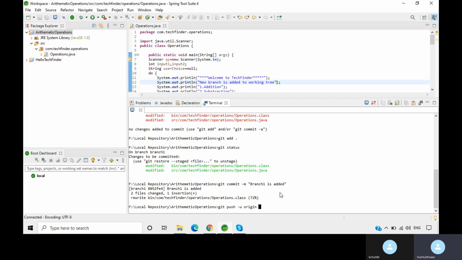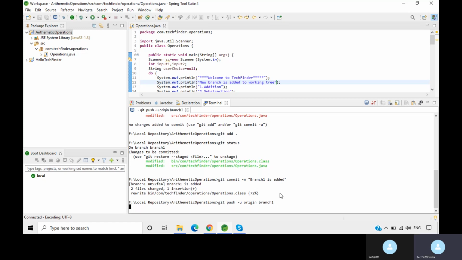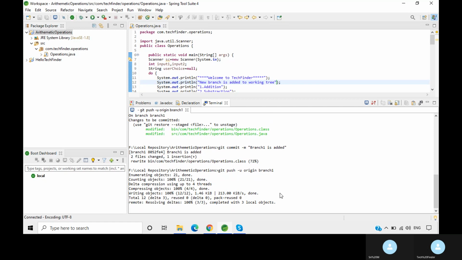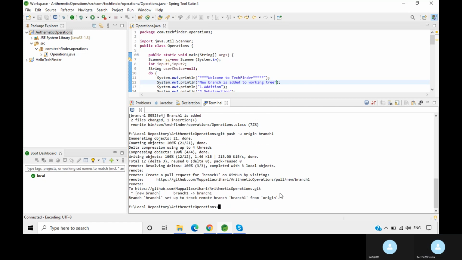That's why we have to give origin as branch 1. Then click enter. Now see, code is pushed to the new branch.